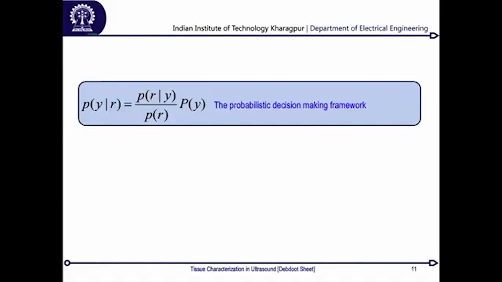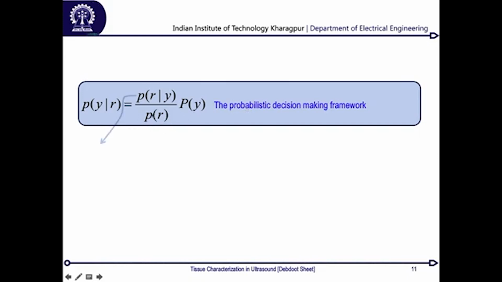The clinician over here is not going to point out that this is my cohort region which I would like to segment out. So in order to do that, let's think of putting it into some sort of a probabilistic decision-making framework. Given that I have a value of signal R coming down, or my intensity of the ultrasound image, I want to predict the probability of it belonging to a particular type of tissue Y, and this is what it would look like in a standard Bayesian paradigm, including your likelihood, your prior probability and